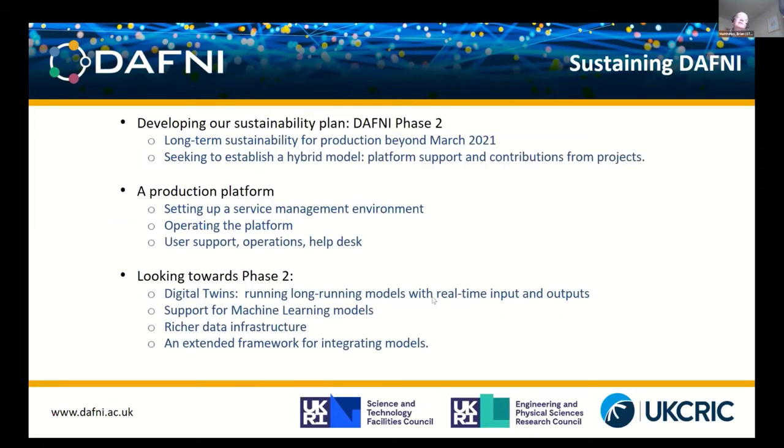On sustaining DAFNI, Jim has already mentioned quite a lot about this. We are anticipating that beyond March, or beyond the extension period, the development period, we will be moving into a production period, and we are looking for our model for going forward, some kind of hybrid model with a base level of platform support, so we continue to be free at the point of use for many users, but also contributions from projects for more intensive use or extra development work on the platform. This is what we're looking to do over the next few months,